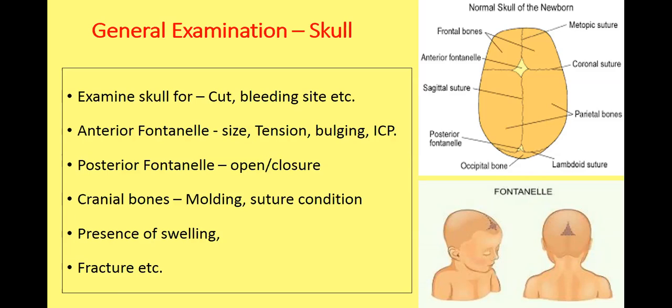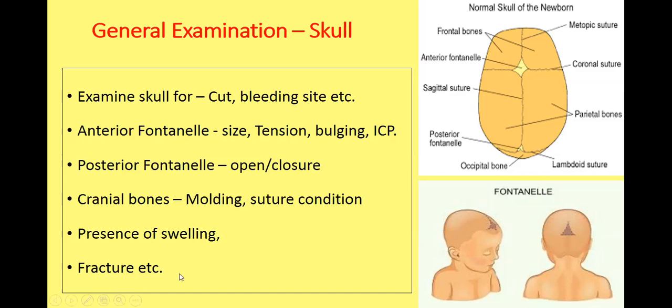Then swelling. Swelling is usually due to the large size of the baby or in obstructed labor or prolonged labor. When the baby's head is stuck at the outer of the genital tract for a longer duration, there may be a chance of swelling. This swelling is usually soft swelling within the skin, called caput succedaneum. This swelling is physiological and disappears within 3 to 4 days after birth.